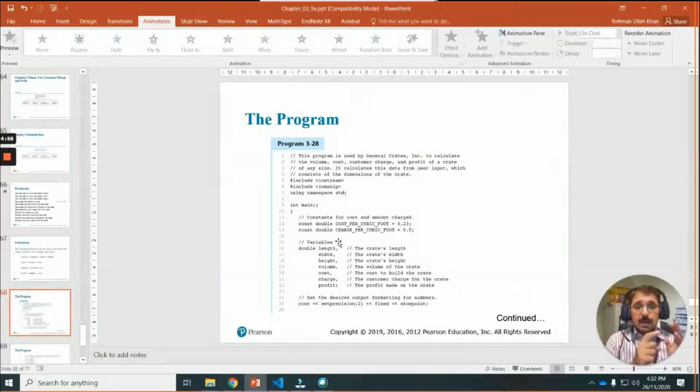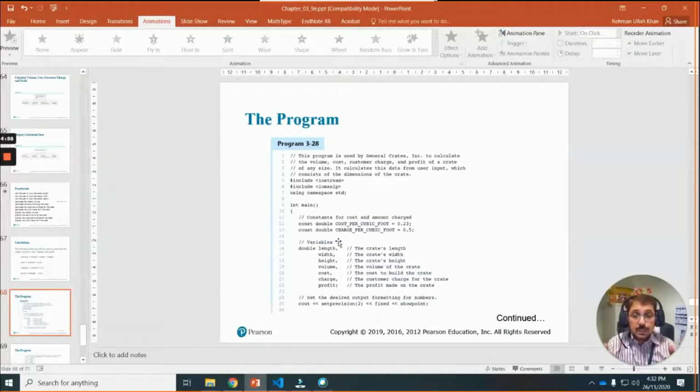So what are the steps? Create a list of variables and describe them, and after that write steps for how to get values for all these variables. Then come to the calculations: inside the program I need some calculation. What calculations are involved, like how to calculate volume, charges, and cost.